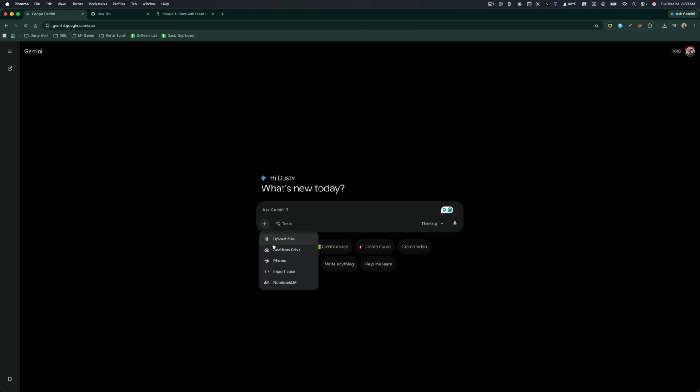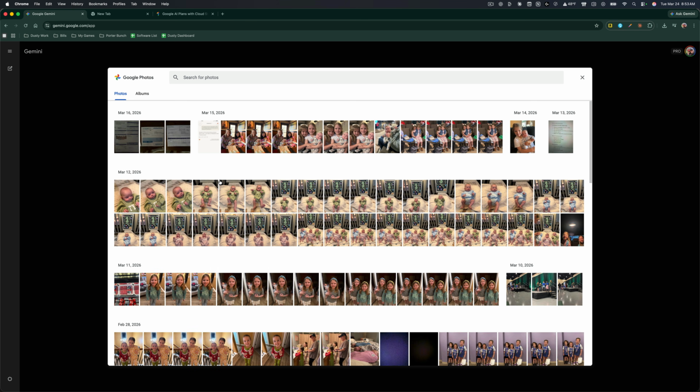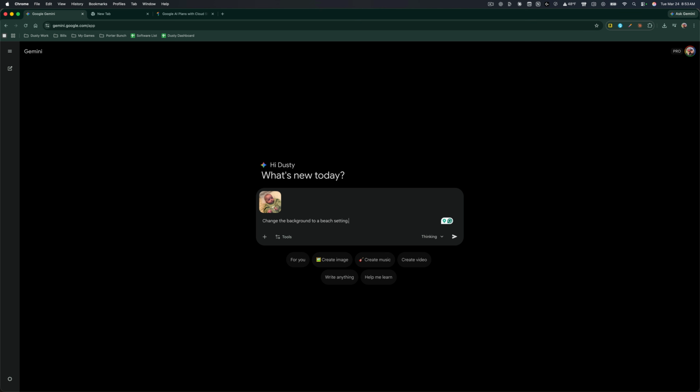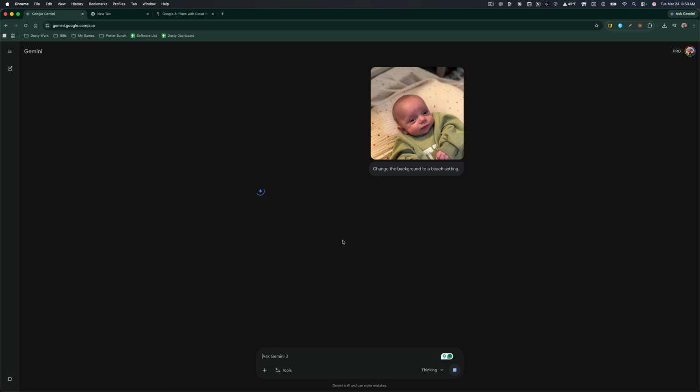And the beauty of this is that it works so well with your Google Drive and Google Photos that it's all implemented here. So I can click into my Google Photos here. I can click this picture here of my son, and then I can go to Insert. And then what I can do is I can say change the background to a beach setting and then hit the Submit button here. It'll take this photo of my son here, and it will actually make the background into